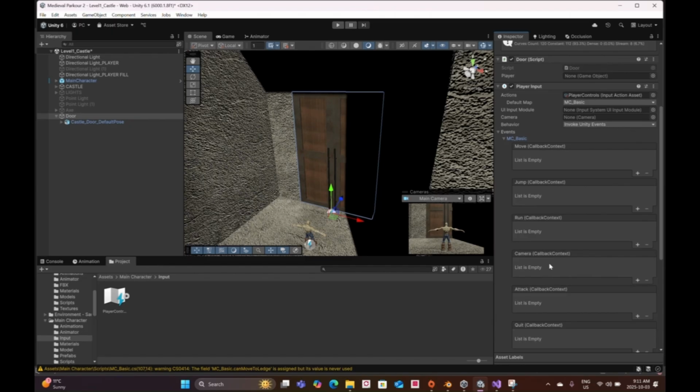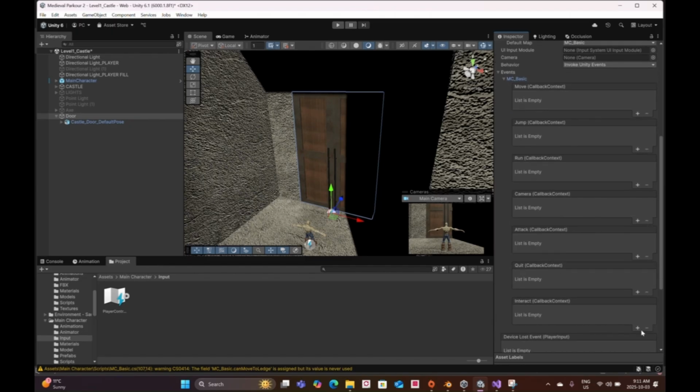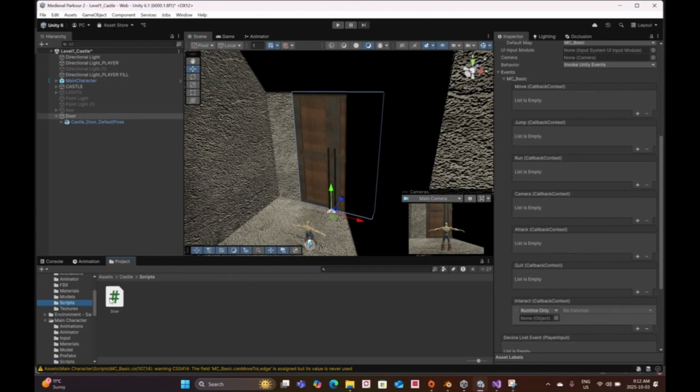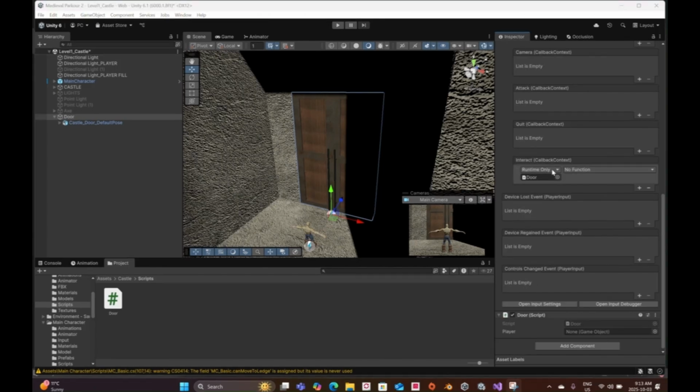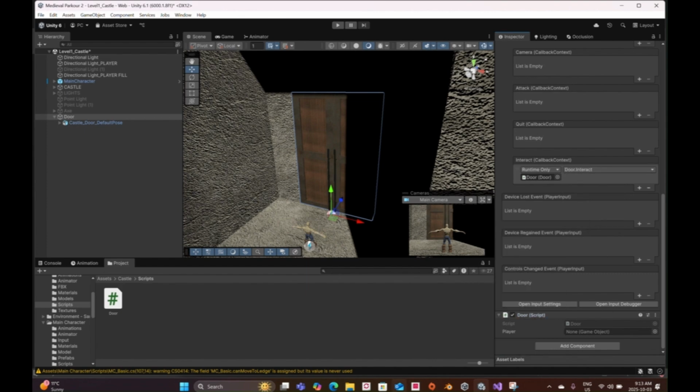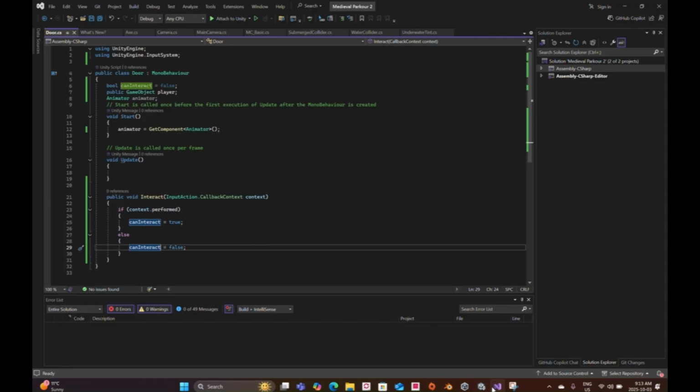In MC Basic, there should be interact. So I'm going to create this here, and into that I'm going to drag and drop the script, and in this function, I can't drag and drop it from here, so I put the script down here, and I'm going to drag and drop like this. And now if I go down, then I can go into the door script and trigger interact. And from there,